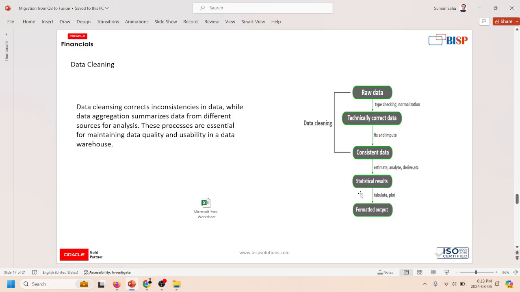This helps the retailer to identify patterns and trends in the sales data, allowing them to make informed decisions about inventory management, marketing, and sales strategies. Right, so that is data cleansing, and out here I have one